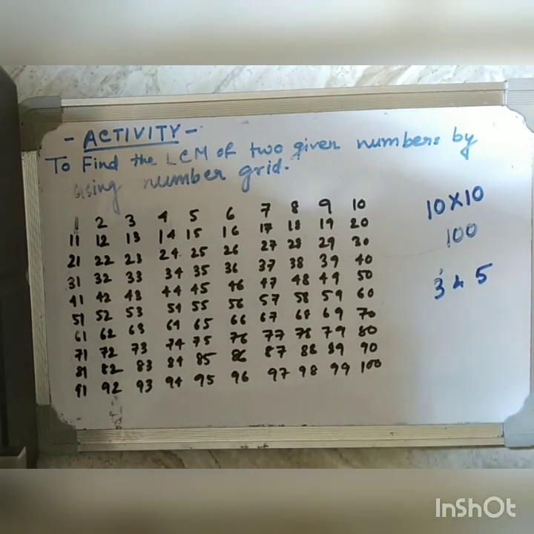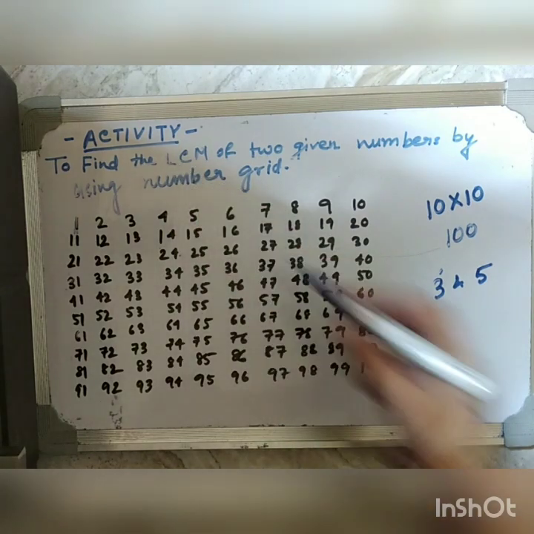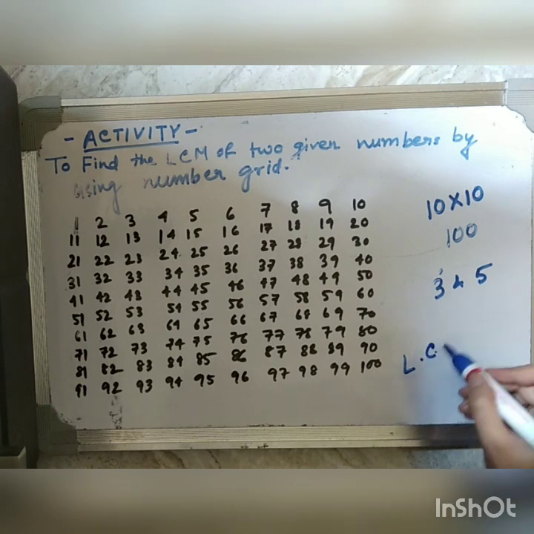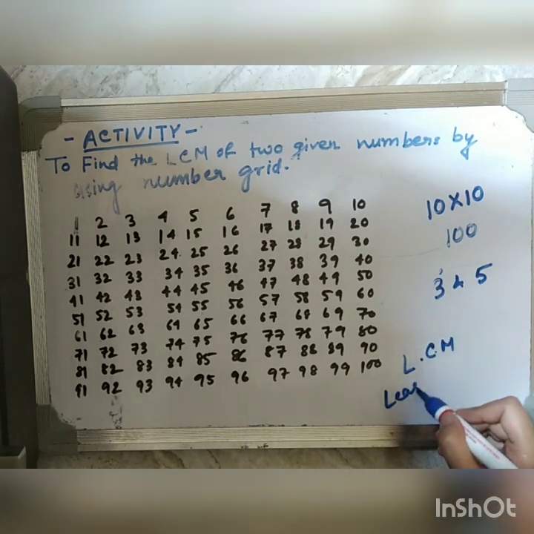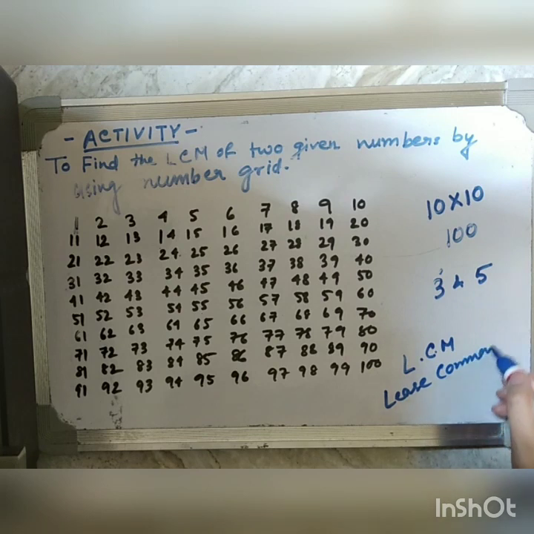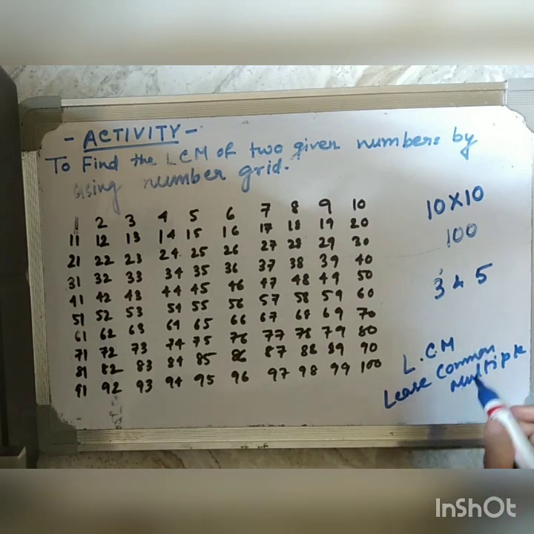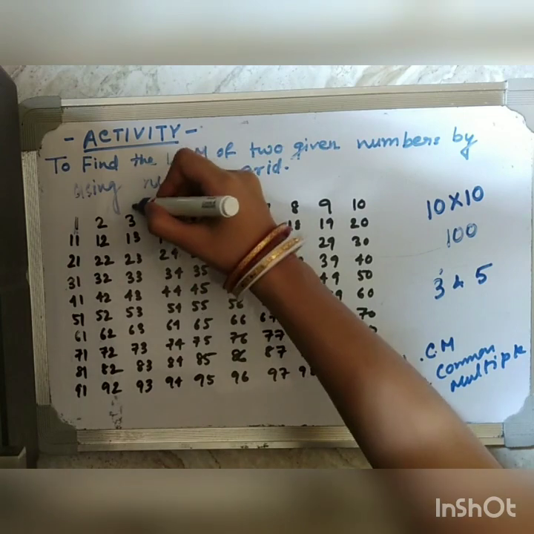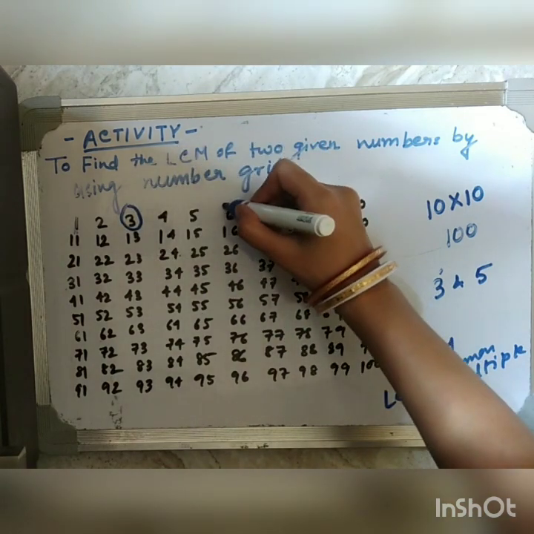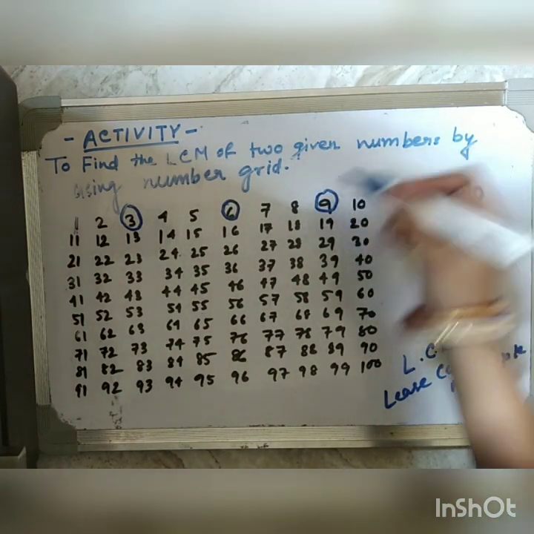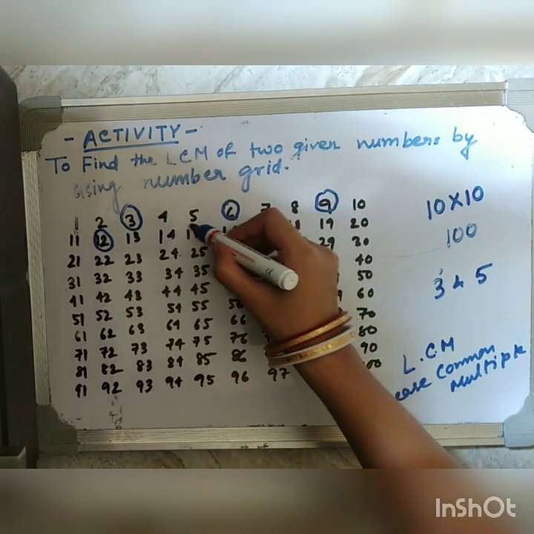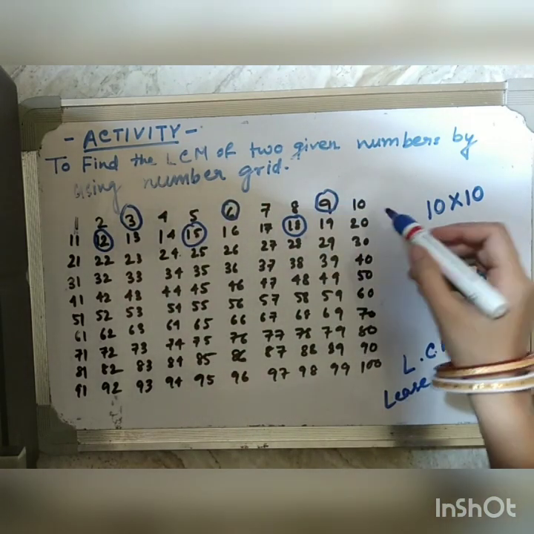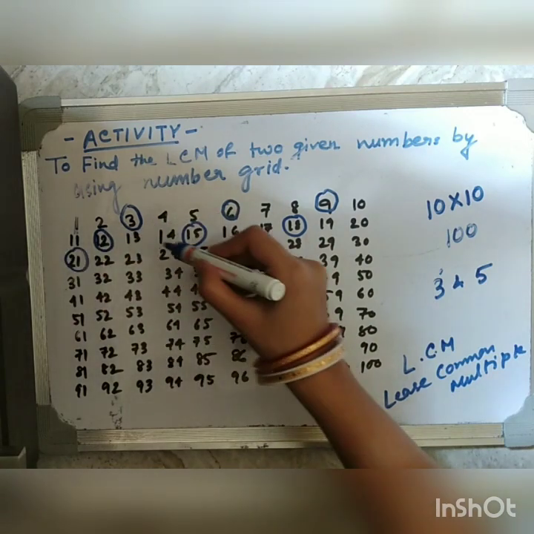First, I will start encircling the multiples of 3. Why? Because we have to find the LCM, means least common multiple. So first, we will start encircling the multiples of 3. Now it will start from 3: 3, 6, 9, 12, 15, 18, 21, 24,